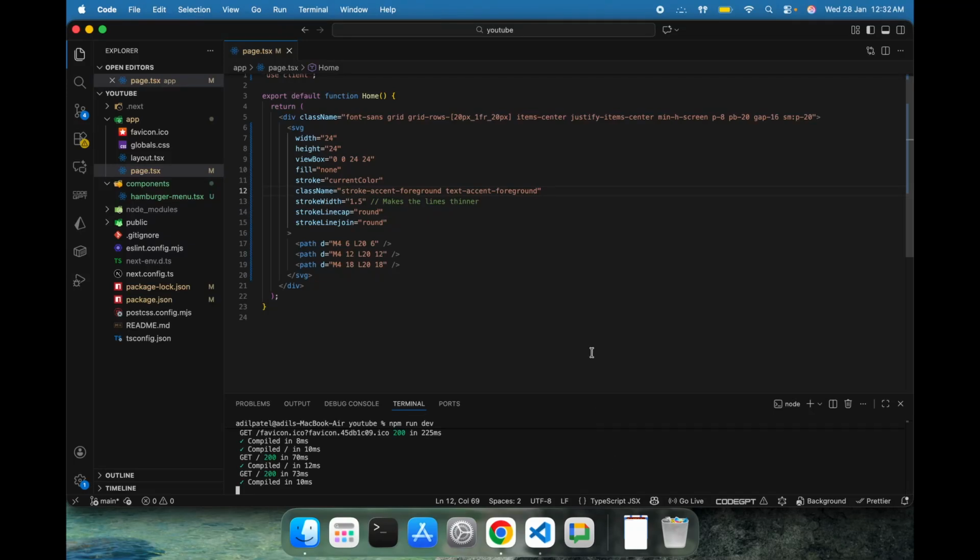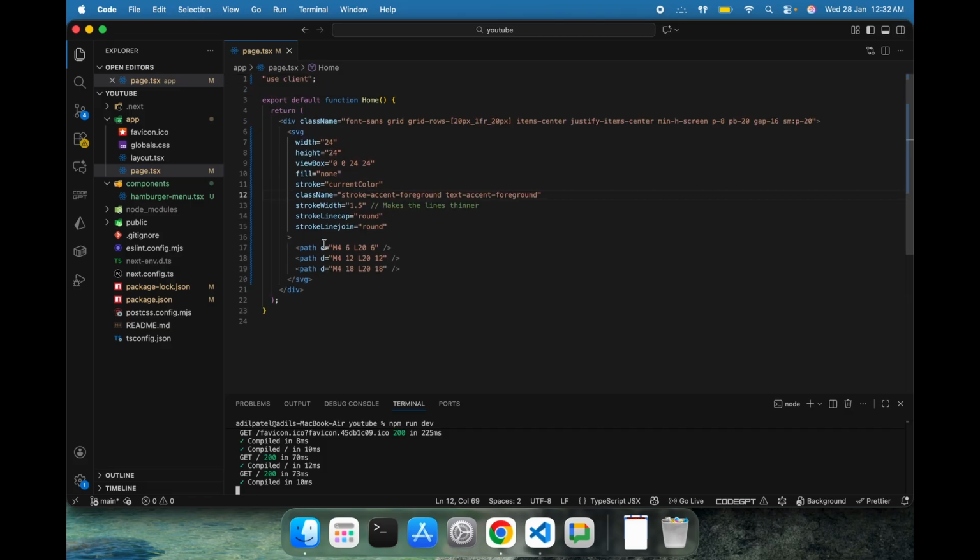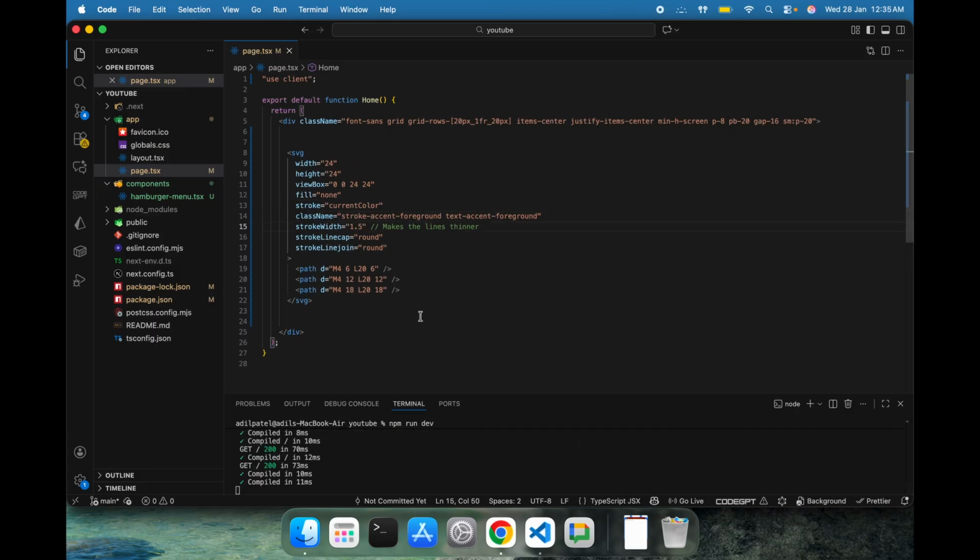Hello guys. So today we are making a hamburger menu icon SVG icon animation, so you can use this in your projects. So we have this SVG right here. As you can see, yes, this is. So we'll now animate this like